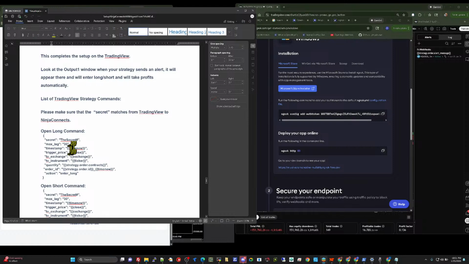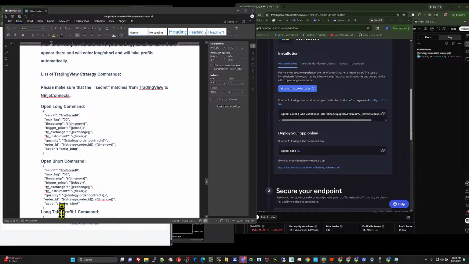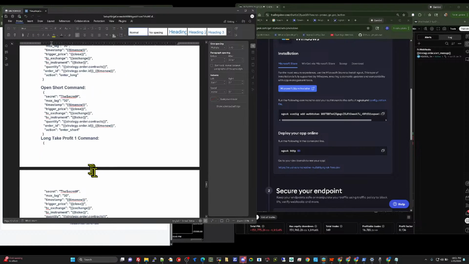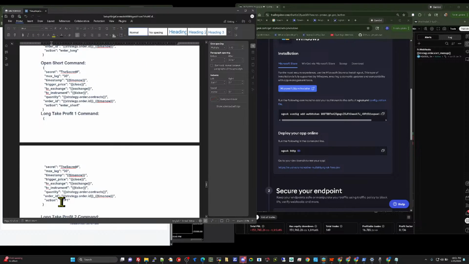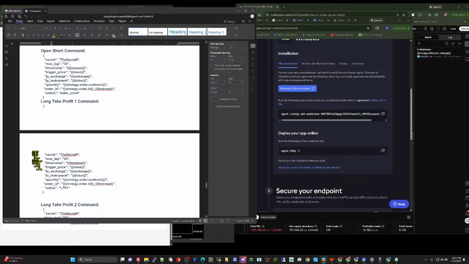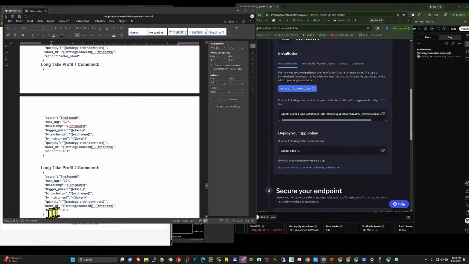In enter long, there's no difference among these open long, open short, or any of these commands except the action. So the action for open long is enter long. For open short, it's enter short. Take profit number one for the long is long TP1, which is long take profit. Everything else remains the same. Similarly, LTP2